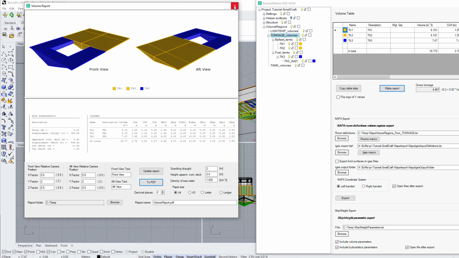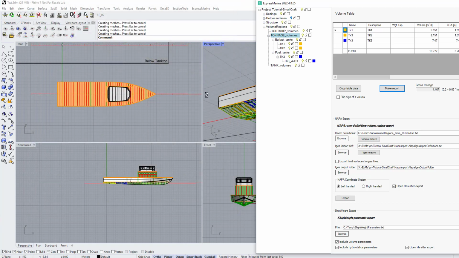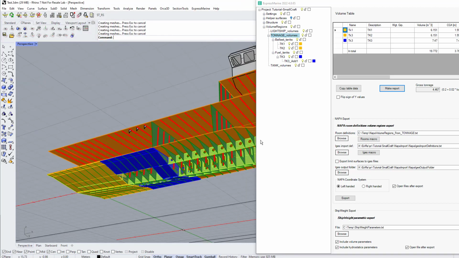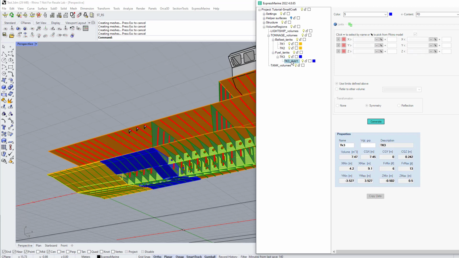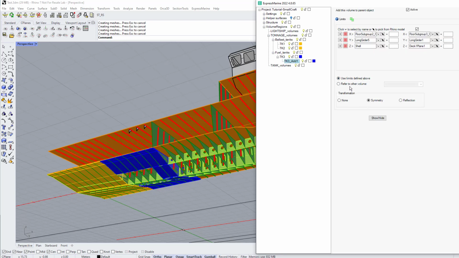So this is what I intended to show you about volumes, because going further now is just more of the same. Of course, as mentioned, we could have done some examples with reduction instead of additions, and there are possibilities to refer to previous defined volumes to add something or to deduct something, but these things are easy to explore on your own. So instead we will go to the next